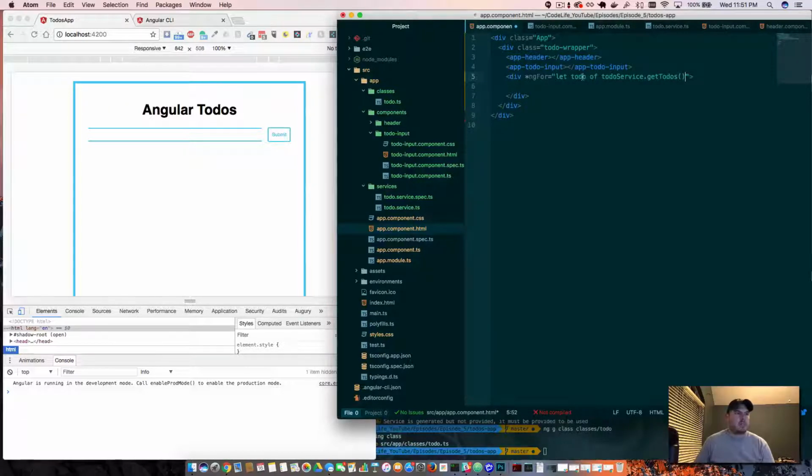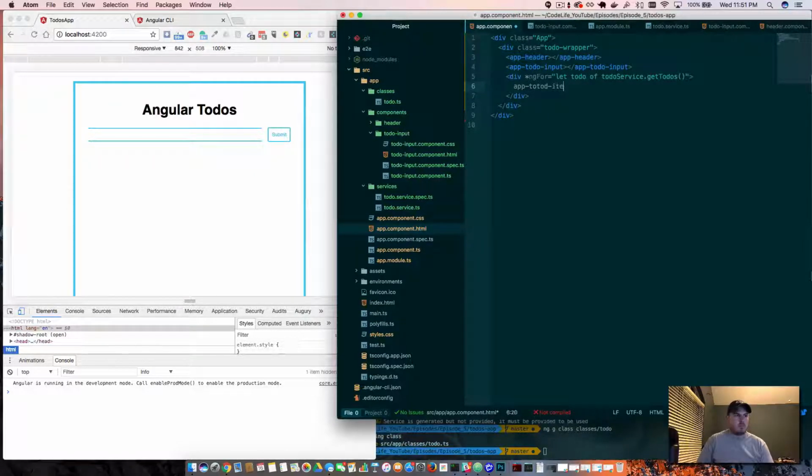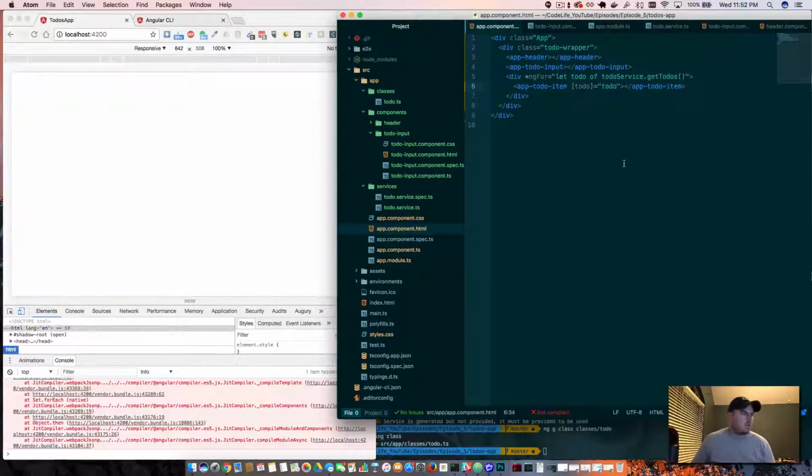So for each, basically say for each to do in the to do's, so we wired up this get to do's service here, we want to do something, and we probably want to add an app to do item. So we need to generate here to do item. And we want to pass into that the to do. Like that. There we go. Which explodes because we haven't wired all this stuff up. So if we go into our app component.ts